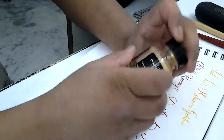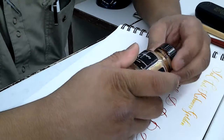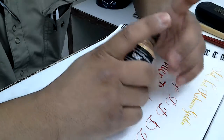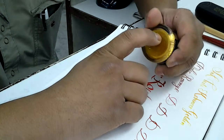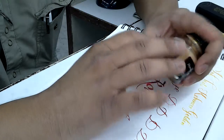This is okay, but there are other gold colors, not inks actually, that you can use: gouache. I'll be talking about gouaches later on. Today I'll just talk about the bottle inks that are available. This is a little difficult to use with copper plate nibs,